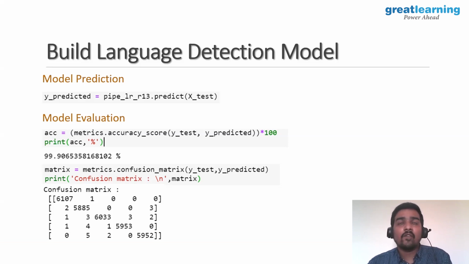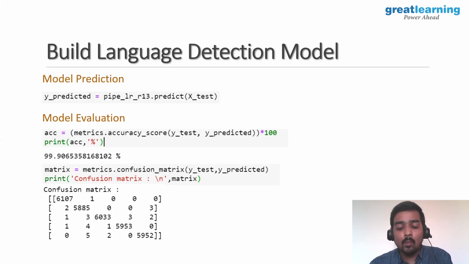So we have just trained our model, right? We have fit the model, we have done the pre-processing, we have done the vectorization, and now we have to do the prediction. The training will be done on the train set, but the prediction will be done on the set which is kept aside. So what is the set which is kept aside? It's your test or validation set. So here we have the test set. You have used the same pipeline to predict your data.